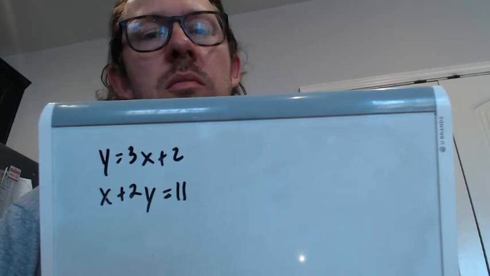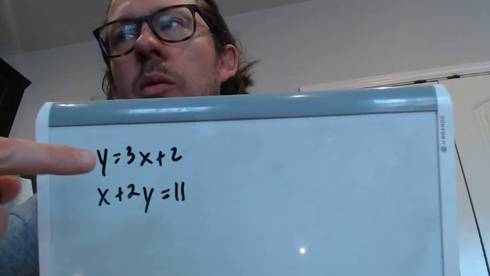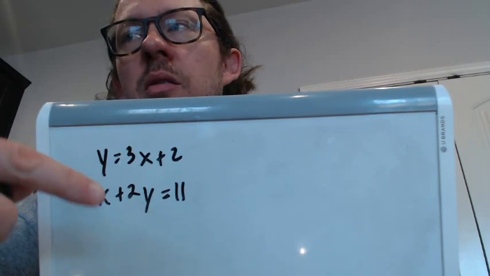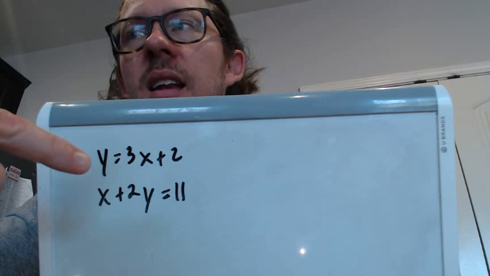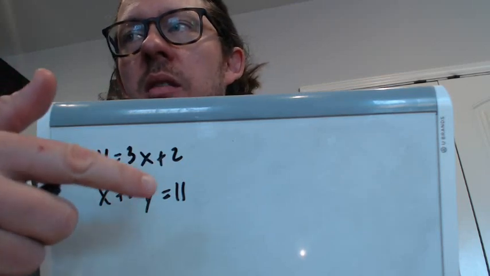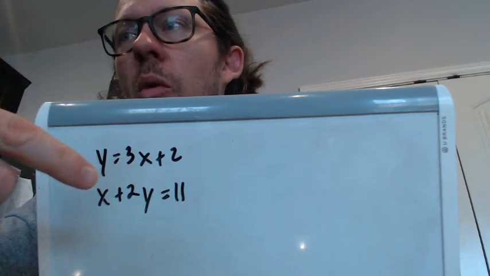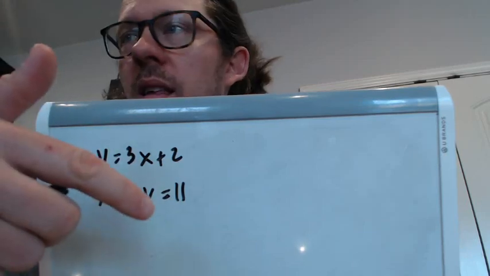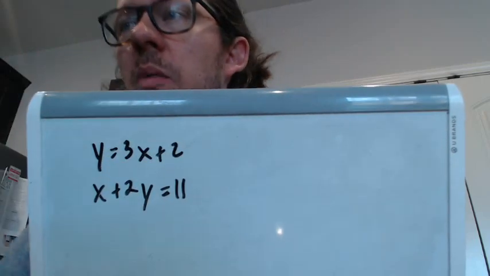First off, substitution. Okay, so this is a prime candidate for substitution because you see y equals 3x plus 2, right? So all you have to do for substitution is isolate any variable you want and plug it in the other one. Since this y is already isolated on this one, you could simply say, since y is 3x plus 2, you come down here to this y, and you could put in that 3x plus 2. You could also, if you wanted to do more work, isolate that x and put that up here. You could isolate this y or that x, it doesn't really matter. But so you see how y equals 3x plus 2. If I come down to that bottom equation and I just say, okay, I'm going to put that 3x plus 2 in for that y,